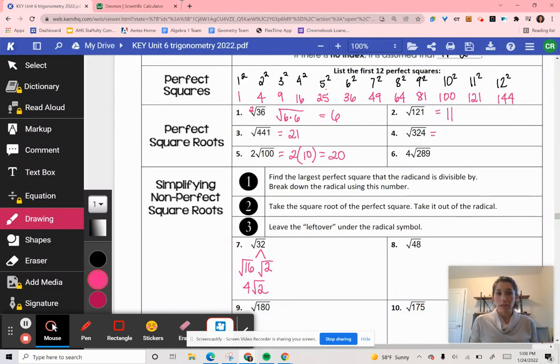So 16 would be the biggest number that goes into 48, because I know 25 is not going to go into it. I know 36 is not going to go into it. So this would be simplified as square root 16 times square root 3. So then you should be able to simplify that in simplest radical form. Okay. Now for the next one,